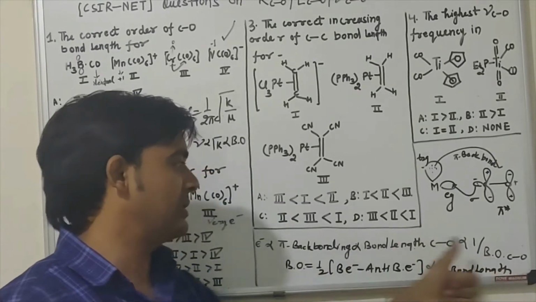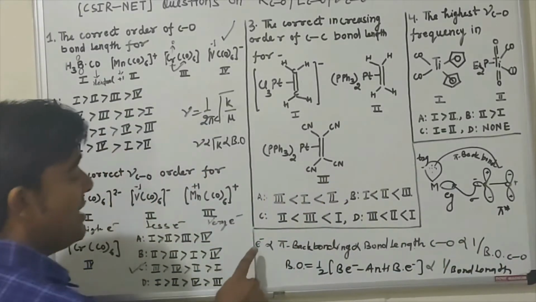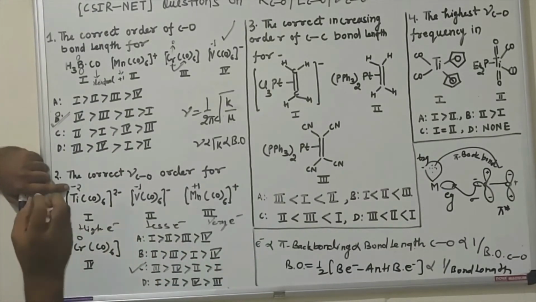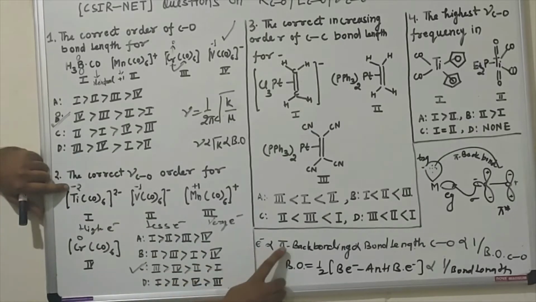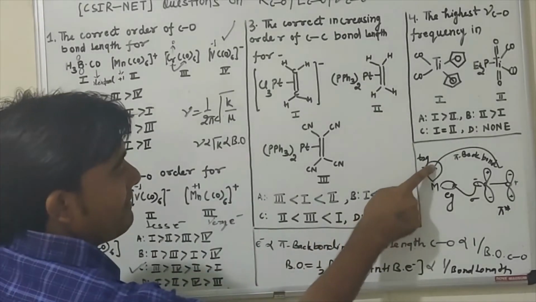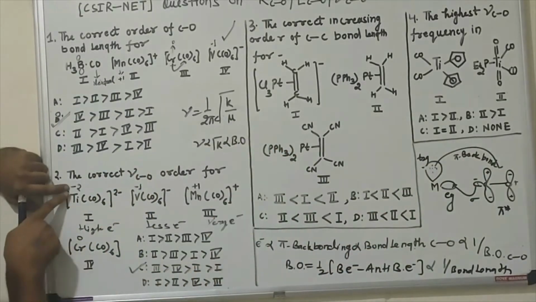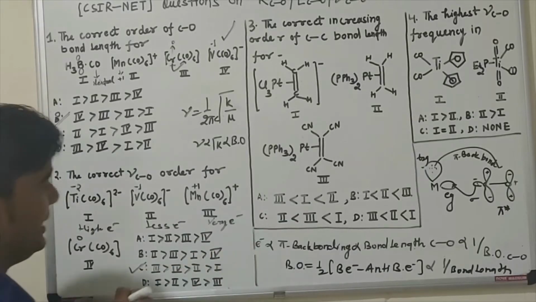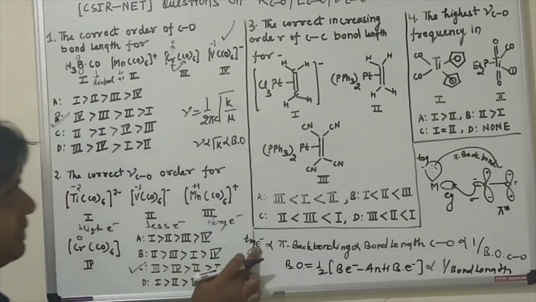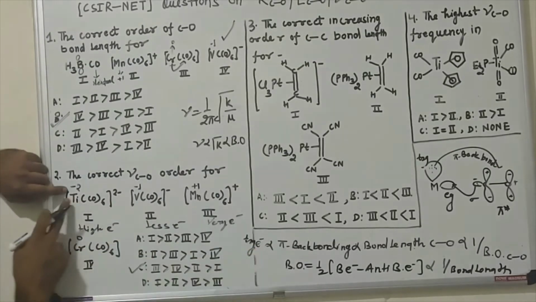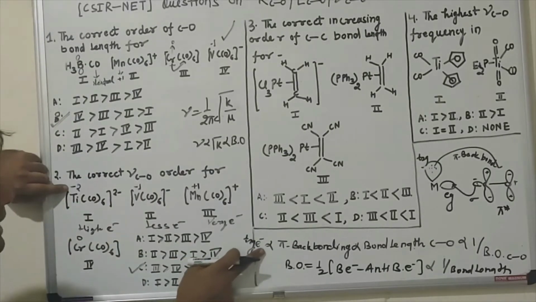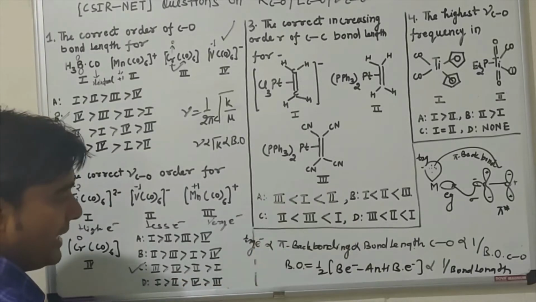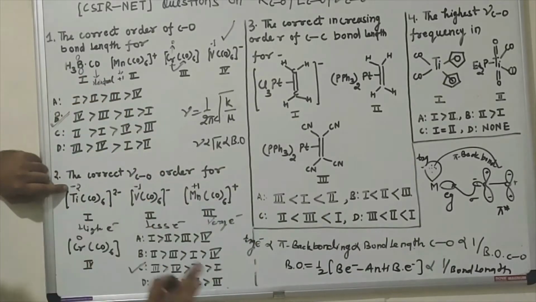You can see the relationship in these parameters. So you can compare the electron density in t2g. Here the t2g electron density will be high, because electron density is directly proportional to the pi back bonding. High electron density, high pi back bonding. So for the 2 negative complex, the t2g electron density is high, pi back bonding is high, and if pi back bonding is high, then bond order will be decreased.